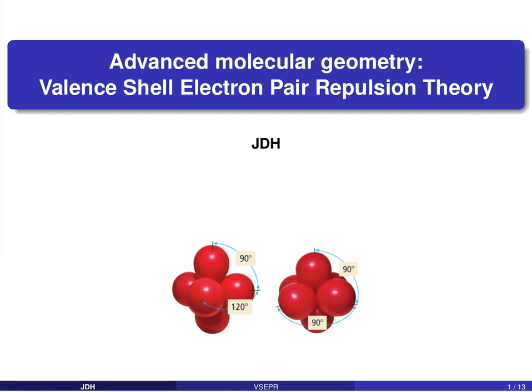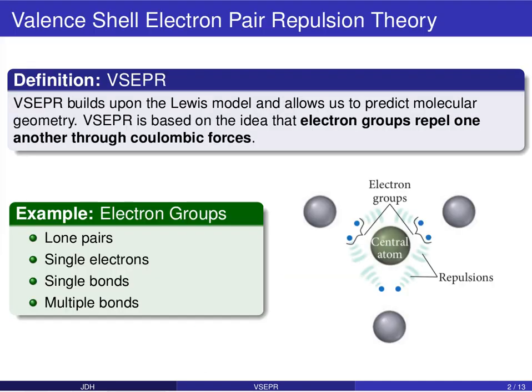Hey guys, in this second video we're going to talk about some more advanced topics in molecular geometry, once again relying upon valence shell electron pair repulsion theory, but now looking at situations where you have more than 4 bonding groups. So a quick recap, remember valence shell electron pair repulsion theory, or VSEPR, allows us to build upon the